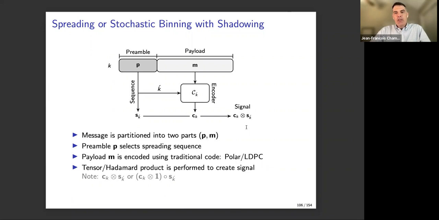A few points to note. For the encoder, you could use here a polar code or an LDPC code. Polar codes are doing quite well in terms of performance of schemes by different researchers. So we can think of it as picking a polar code. And although here, when I present this on the slide, we're going to discuss it in terms of a tensor product between the code word and the spreading sequence,